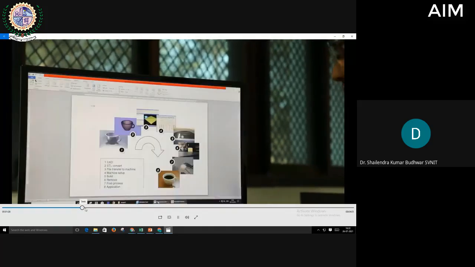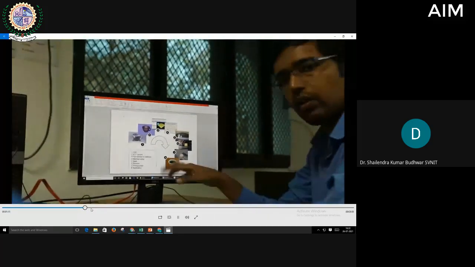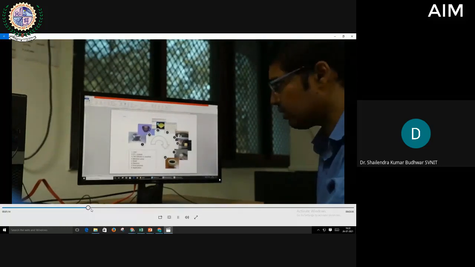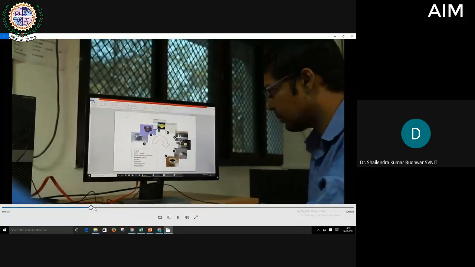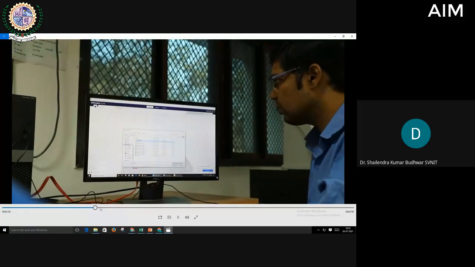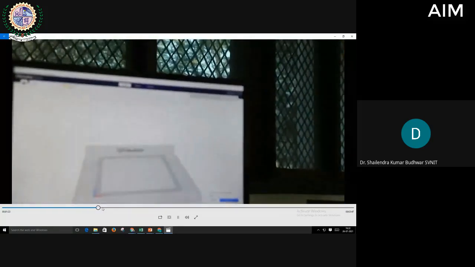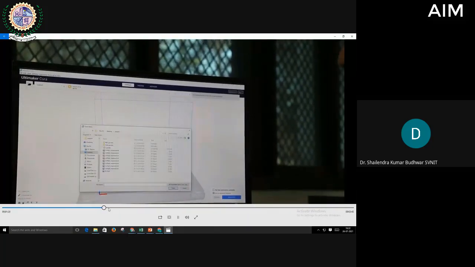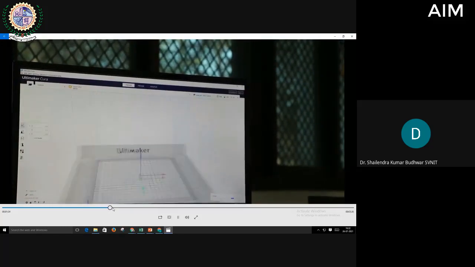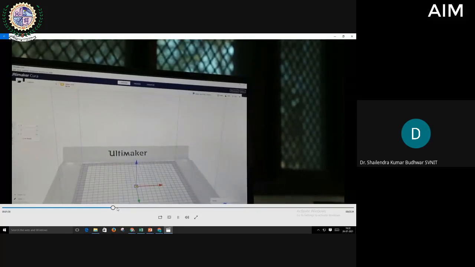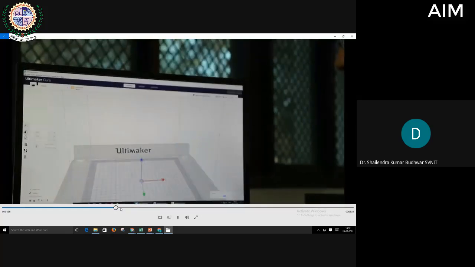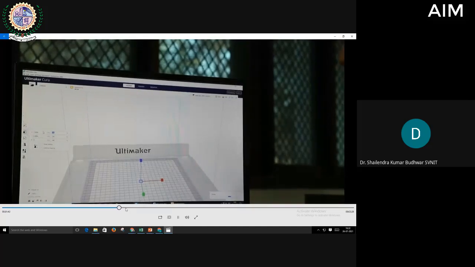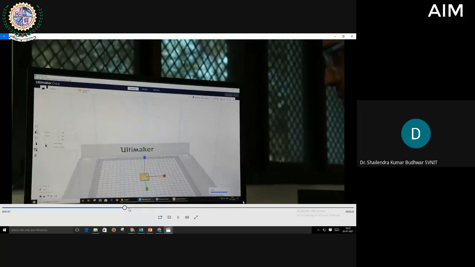After that, second step is STL conversion. That is already we have seen that file is converted in STL file format. Third, file transfer to machine. This is Ultimaker Cura, the software which is required for G code generation. So input that STL file, that RCA.stl here. You can scale this part. So there is the option of scaling here. You can make that 200, 300%, or you can make actual original size also. So this is the part.